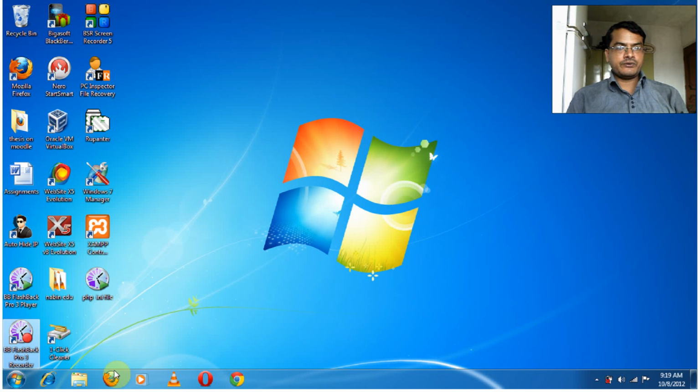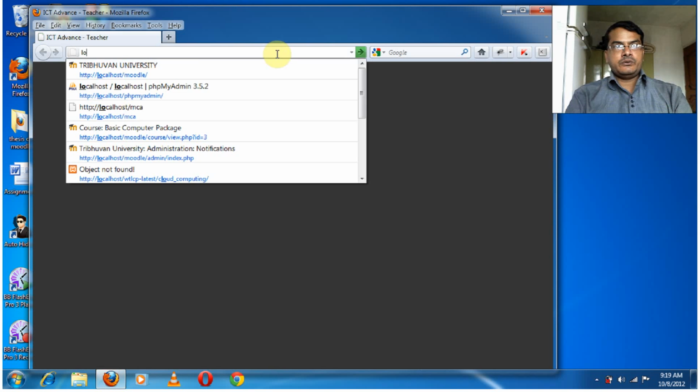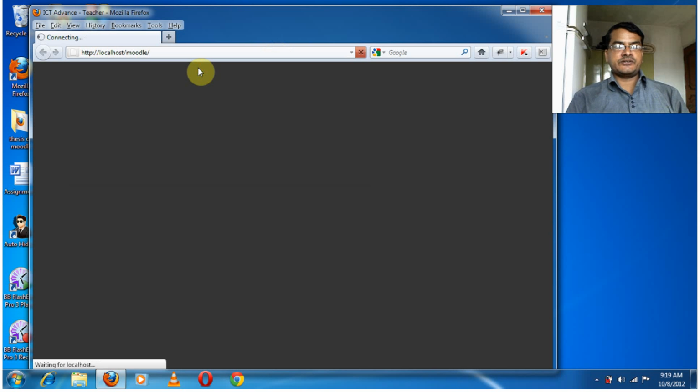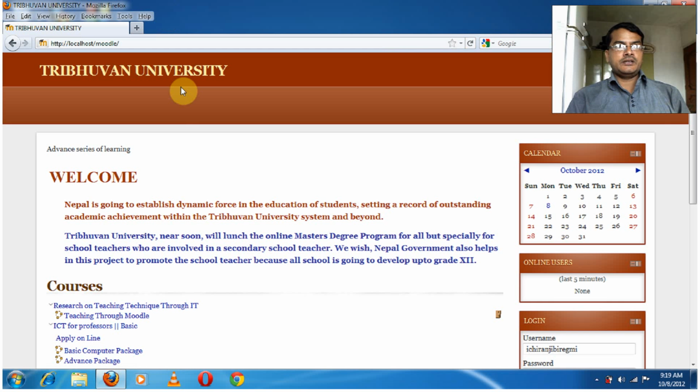First of all, we go into the web browser, Mozilla Firefox. Then type in localhost. This is the local hosting computer, the server computer, and the localhost computer opens the Moodle